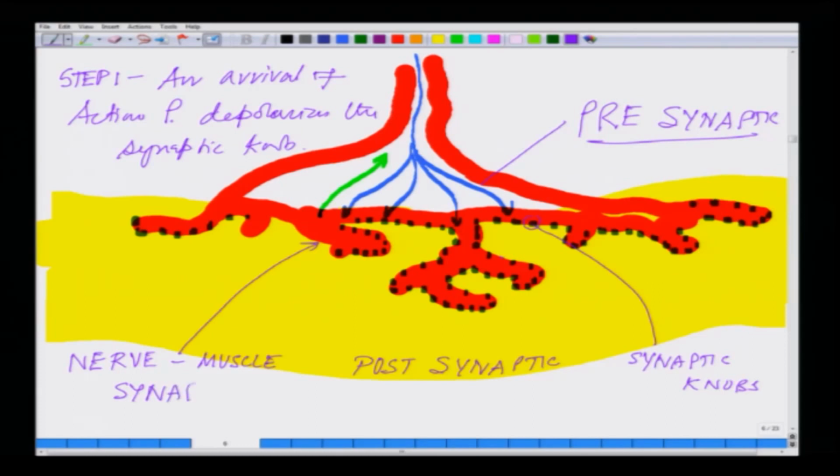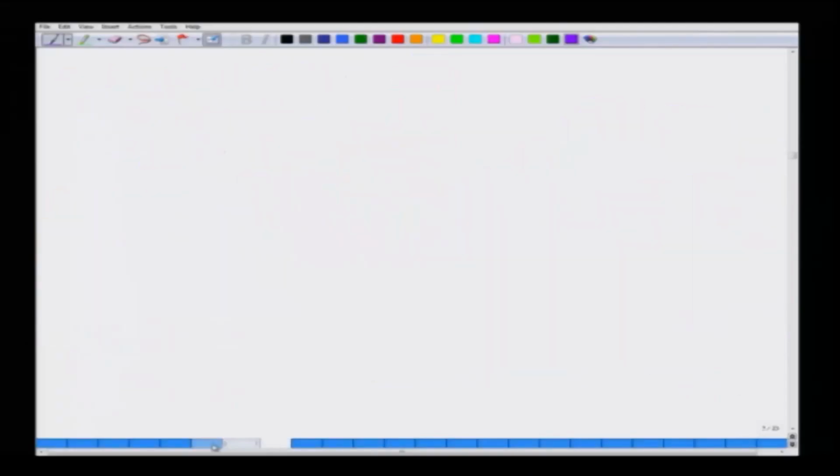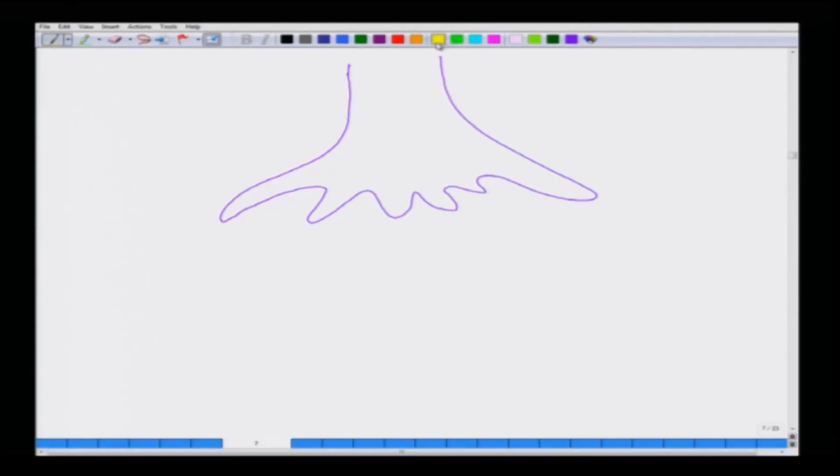So, as a step 1, with the arrival of action potential, it depolarizes the synaptic knobs. So, what does that essentially mean? Coming back to the slide, if this is the muscle, sorry, this is the muscle. So, out here when the action potential arrives,